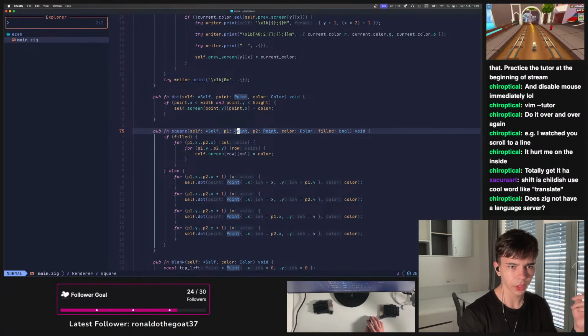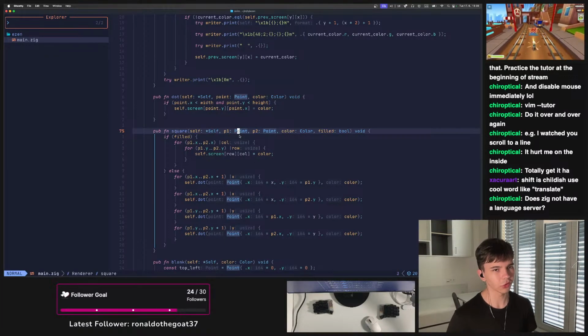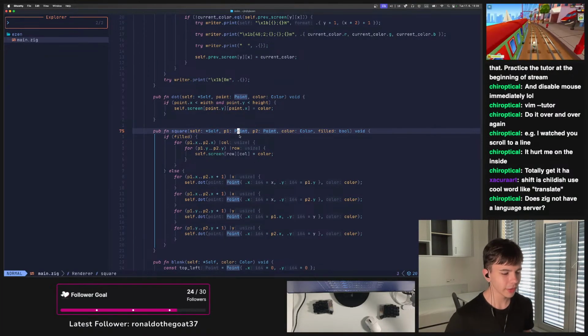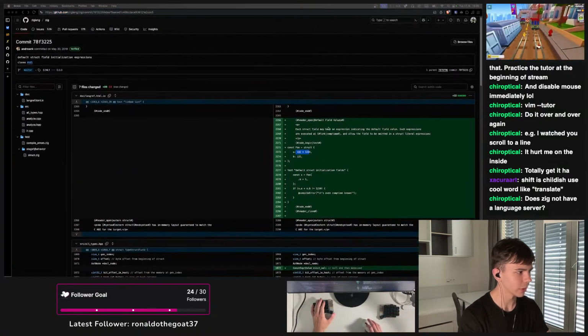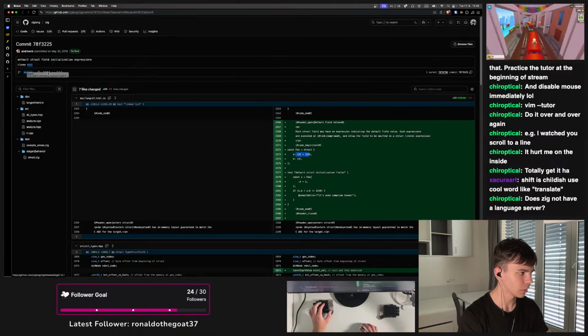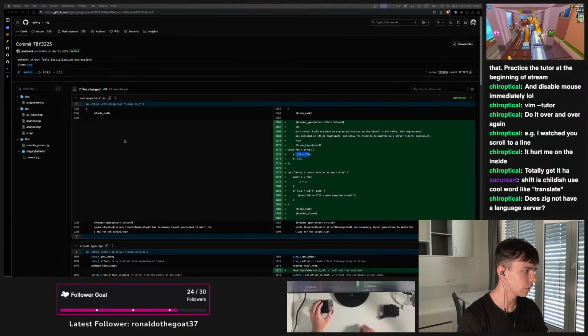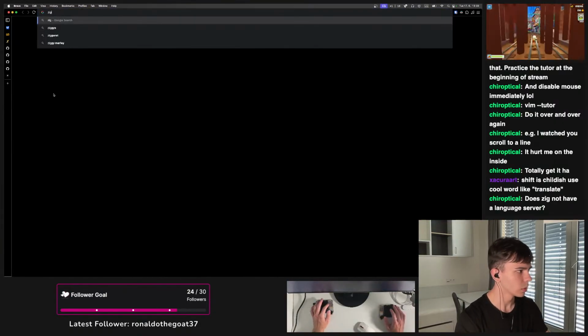Does Zig not have a language server? It does have one, but it doesn't always show everything. Zig is still in alpha, right? It's 0.14.1 right now, and it has the so-called Zig language server, ZLS,